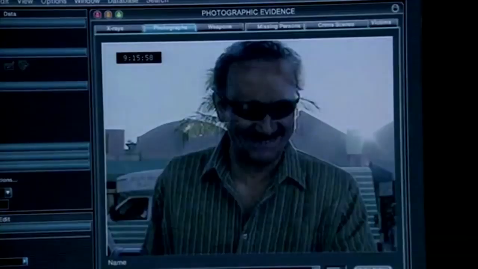Bring his face up. Full screen. His glasses. There's a reflection. That's the Nuevita's baseball team. That's their logo. And he's talking to whoever's wearing that jacket. We may have a witness.